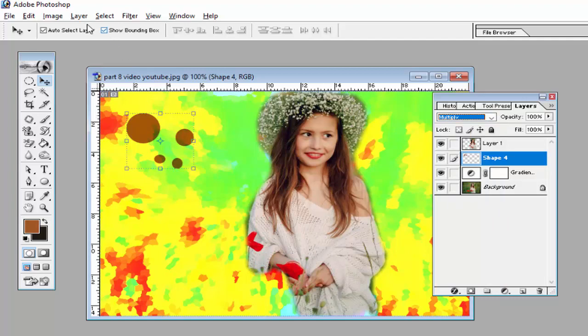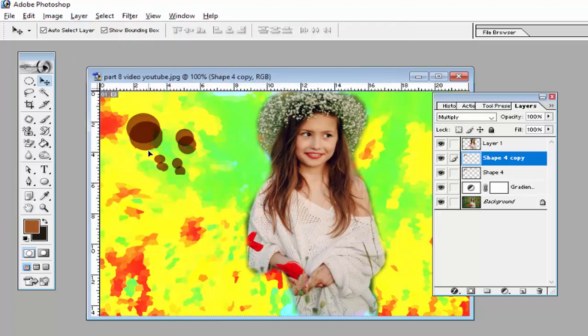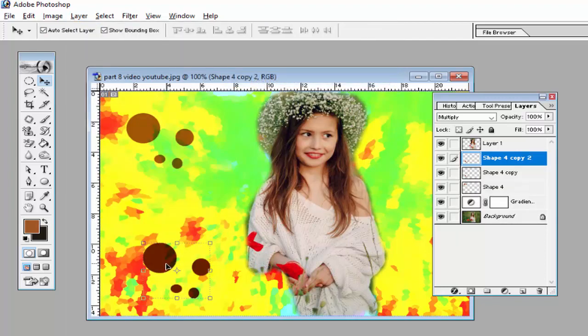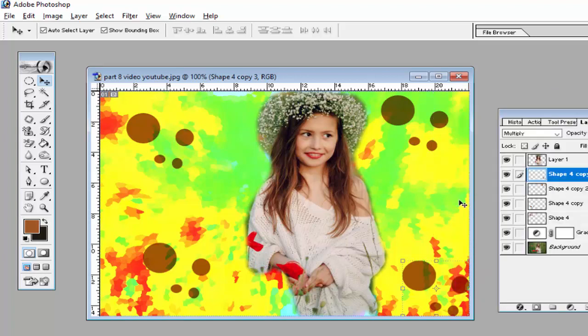Then create a copy of this layer using Layer via Copy, shortcut key Control J, and put the copy here. Use Control J again and put this layer here. Again use Control J, create another shape and put it here, and you will see this is a very attractive background created by us.